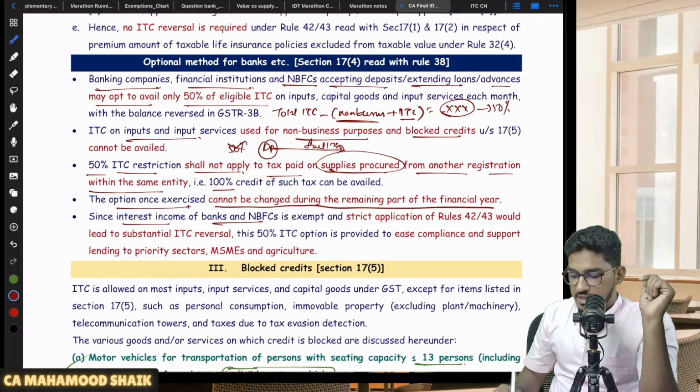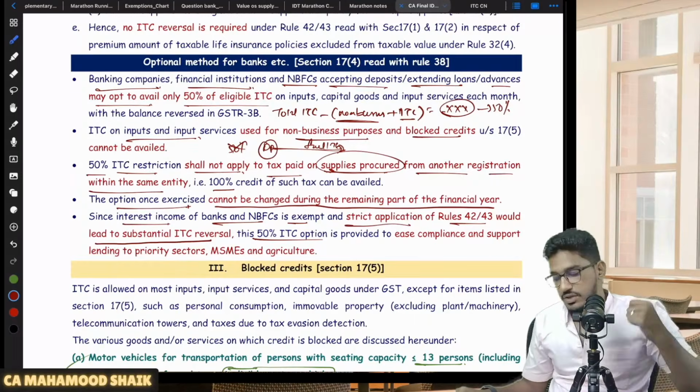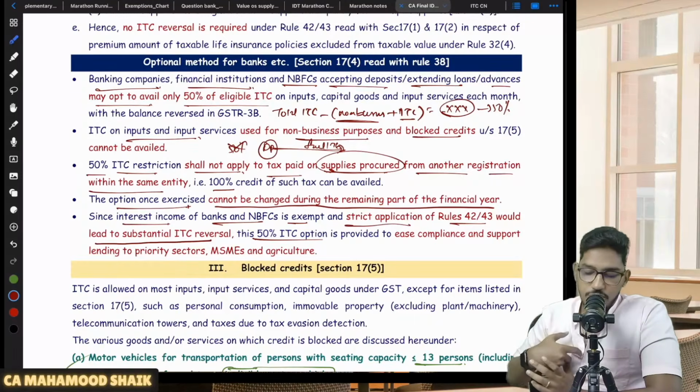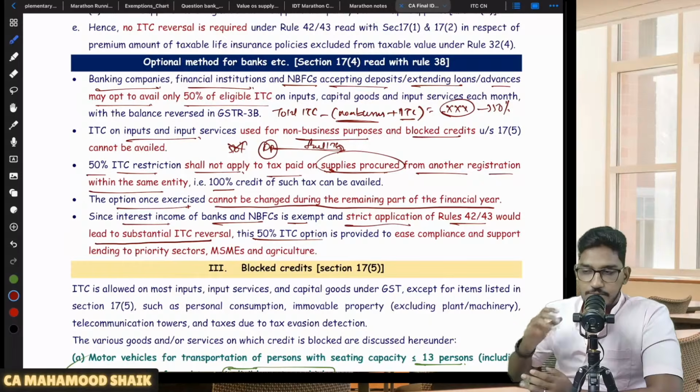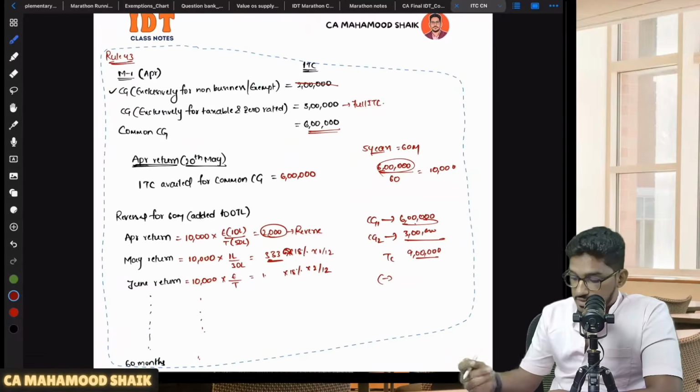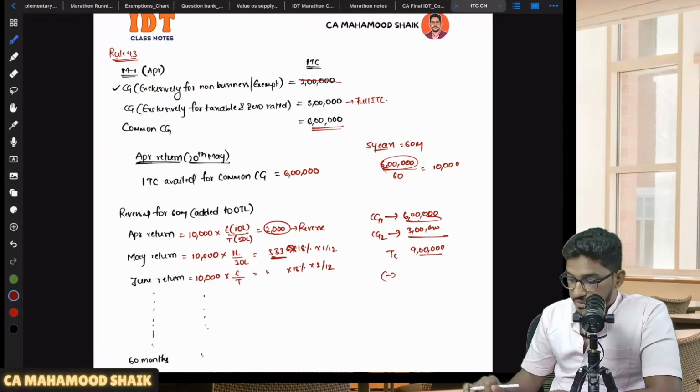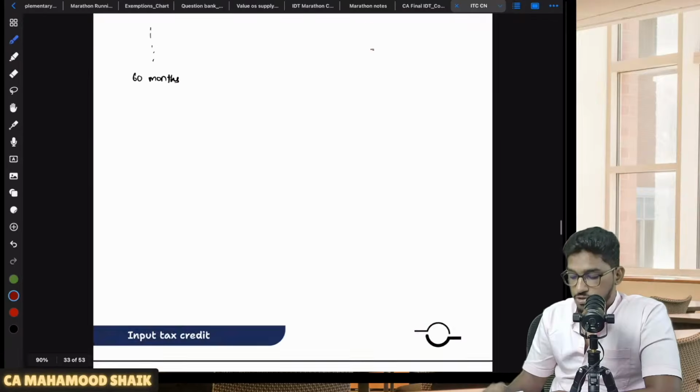Since interest income of banks and NBFCs is exempt and strict application of 42 or 43 would lead to substantial ITC reversal, this 50% ITC option has been provided to ease the compliances and support lending to priority sectors. Clear? Right. Next. So with this, we have completed section number 17,